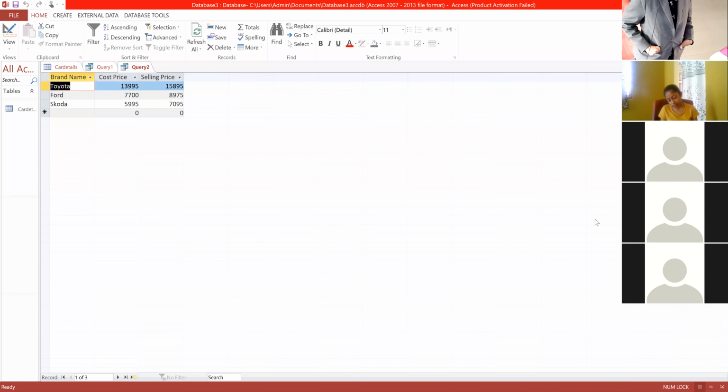Reports enable the user to analyze the results in a printed format. Reports are nothing but whatever result we are seeing on the screen, we can get in printed format with the help of reports. First we create the table, we save the table, and if we want the printout, we get it from the reports. Clear?